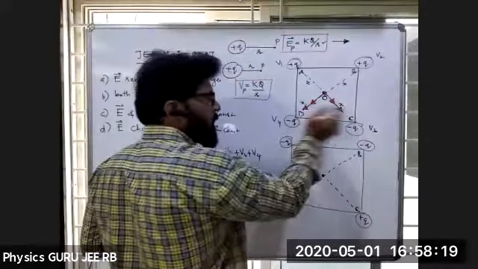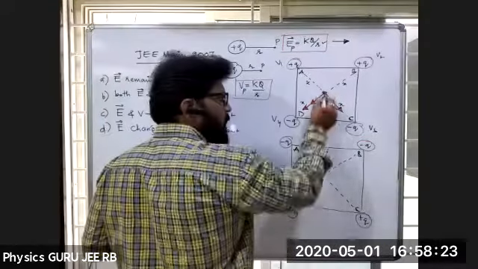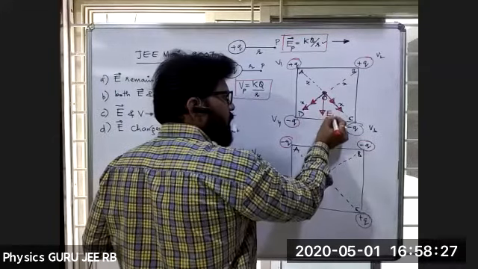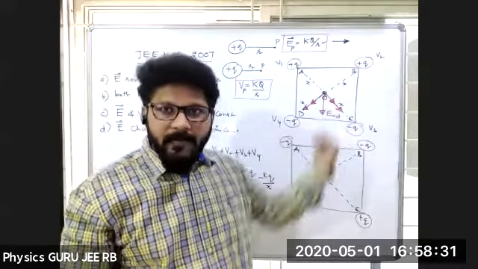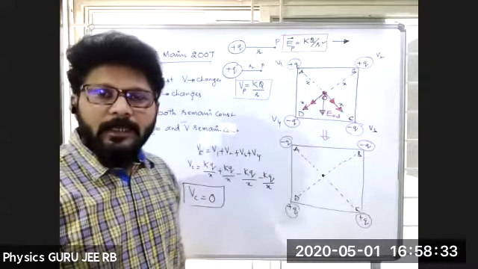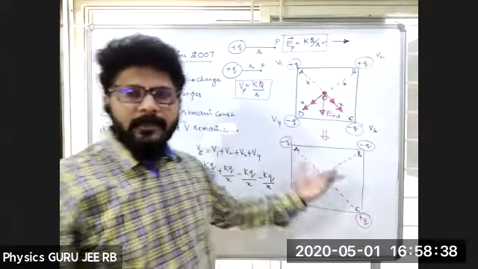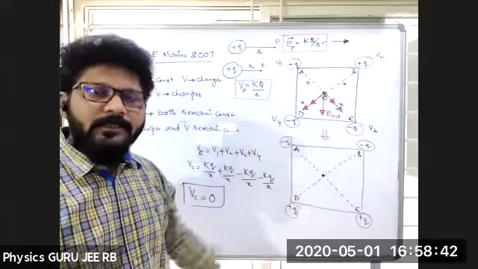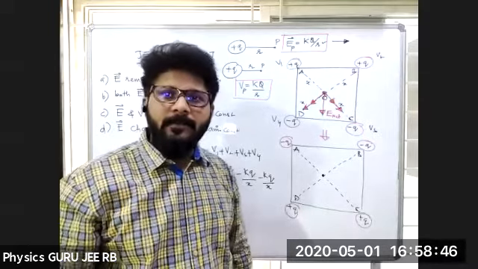See now, these are the electric fields. The net electric field will be in a downward direction. Net electric field. Are you able to see clearly? Net electric field is in which direction? Downward direction. Now, coming to this point, no need of calculation. Just we'll check whether it is the same direction or opposite direction. After that, we'll calculate the magnitude of it.